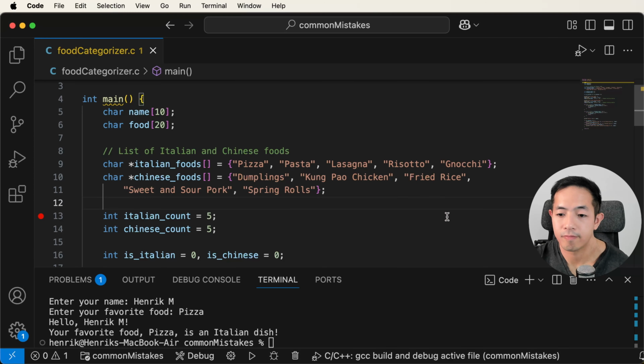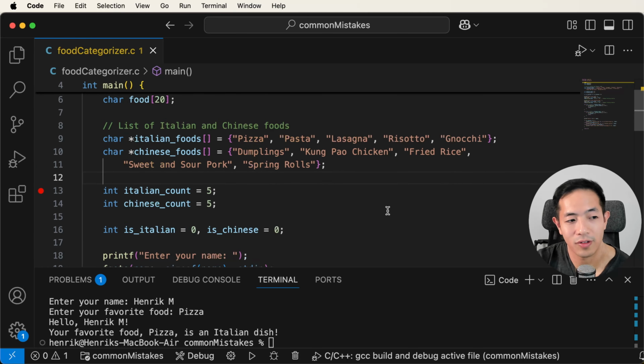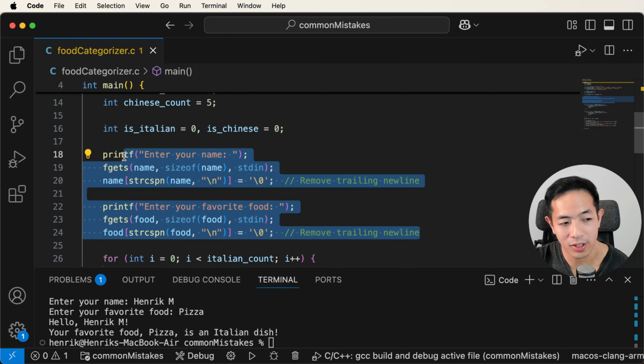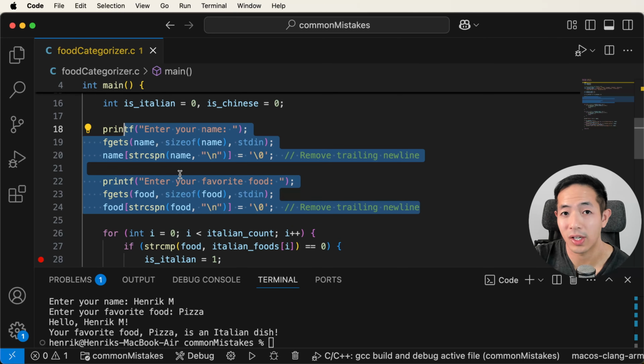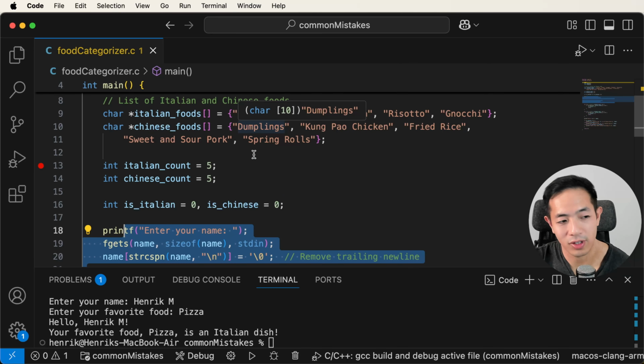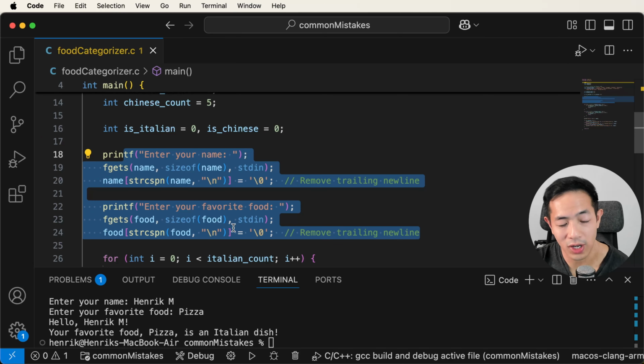All right, so now, how to avoid these common beginner mistakes if you're a beginner. My first suggestion to you would be to code your features incrementally. So for example, with the scanf, when you're scanning in the name and the favorite food, there were a lot of bugs happening here, but luckily with the scanf, it was working when we only did one-word answers, like if we just did pizza and Henrik or dumplings and Henrik. So you need to make sure you exercise this correctly.